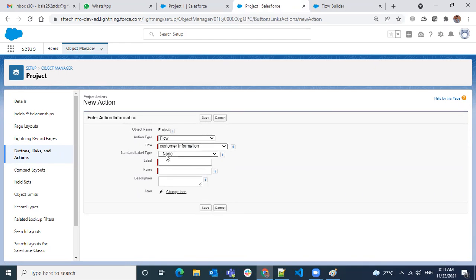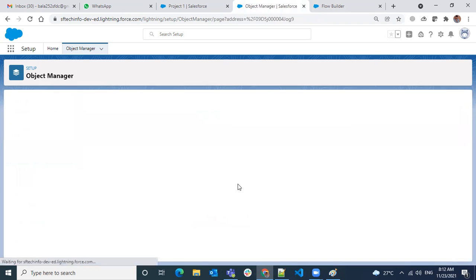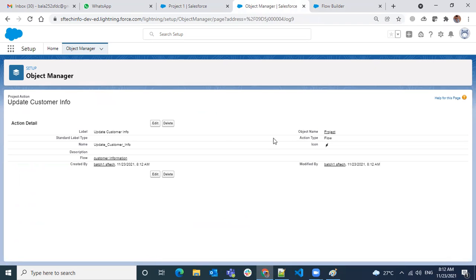Now I see the flow. Label has to be update customer info, and do a save. Okay. Now what I have to do? Now I have to add it to the layout.